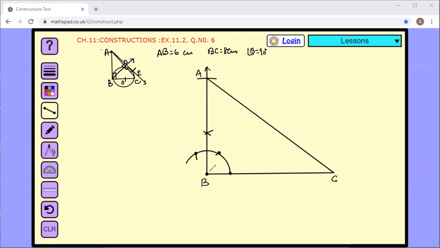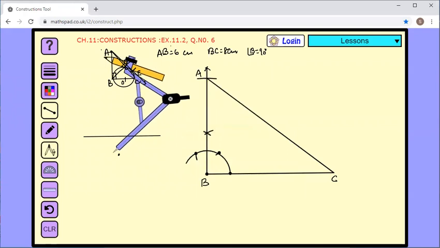Now he is saying to construct a line which is perpendicular to AC from B. Now children, you need to understand how to construct perpendicular from a point to a line. Suppose we have a line here, and from this point, if suppose I want to make perpendicular to this line, what I will do, I'll just take this compass, put it here at this point,